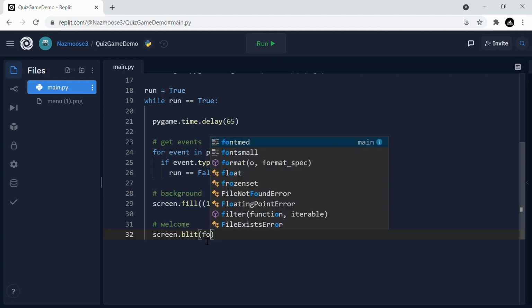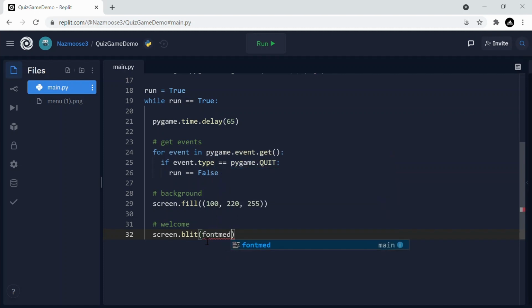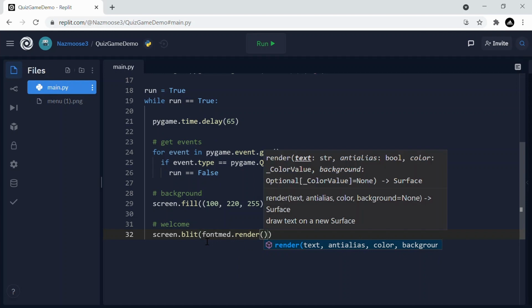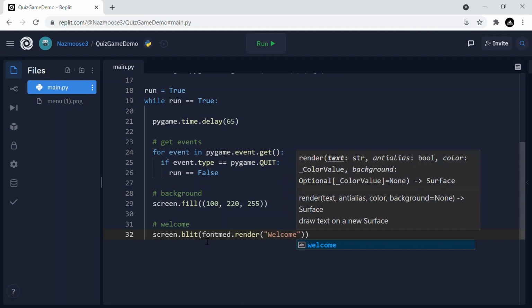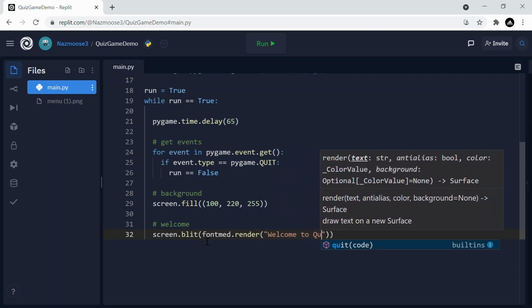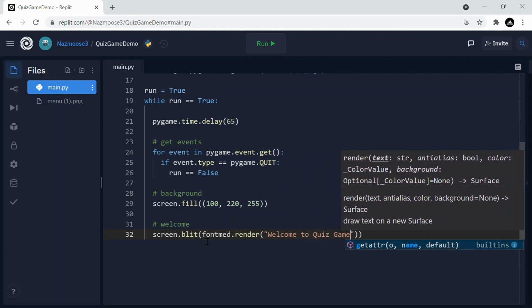So the font we'll want is the font medium.render, and then what we want to see. So, Welcome to Quiz Game,